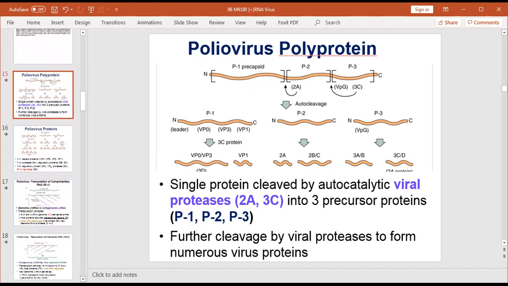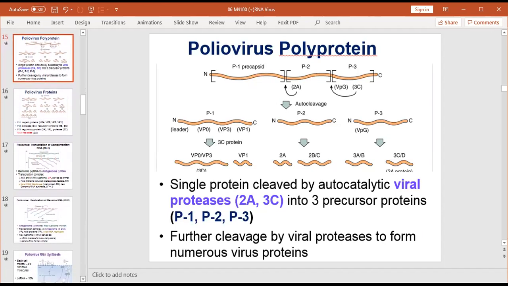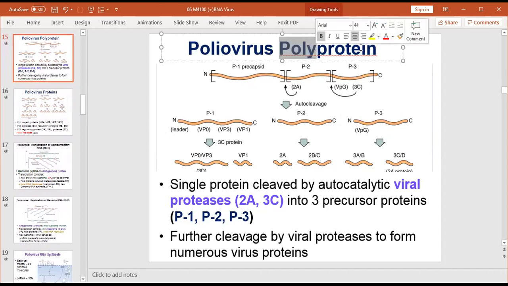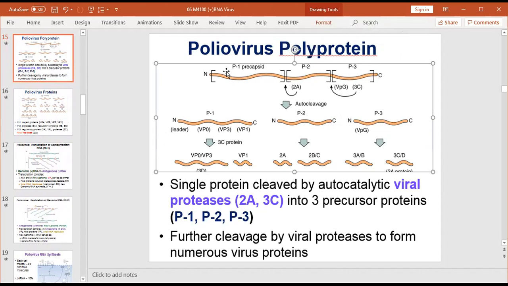Slide number 15 talks about poliovirus polyprotein, multiple proteins. As we just mentioned, because of the presence of one single large, about 7 kilobase, open reading frame, and because of the nature of the RNA, that is, positive RNA can serve as messenger RNA, it makes one large polypeptide chain, or one large protein. One single protein will be cleaved,